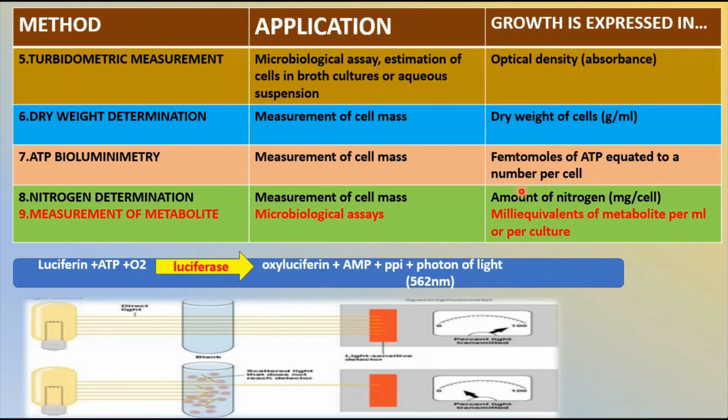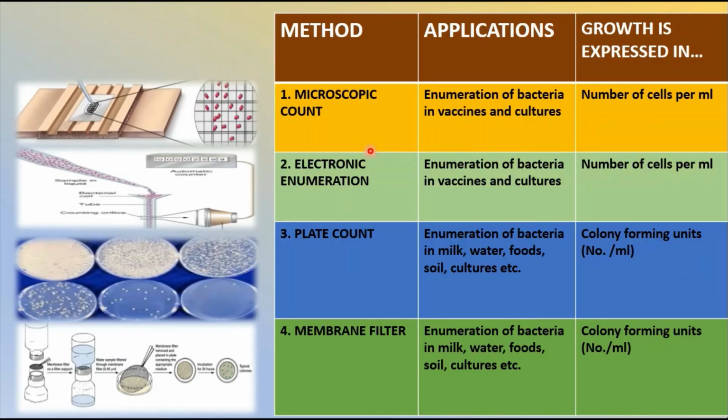As we discussed, each method has its own particular advantages as well as limitations. As a result, no one method can be recommended universally. One has to select a method according to the requirement, and nevertheless the colony count is the most widely used. Compared to all these, the colony count is the most widely used procedure for general microbiological work, and complete familiarity with this technique, both principle and practice, is essential.